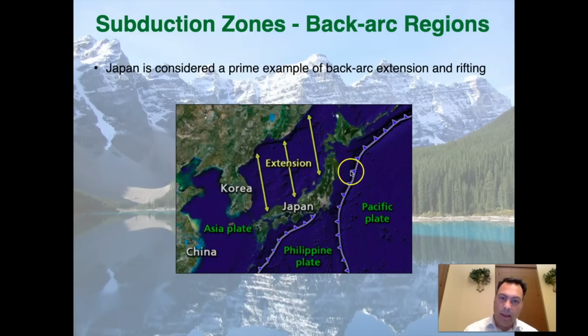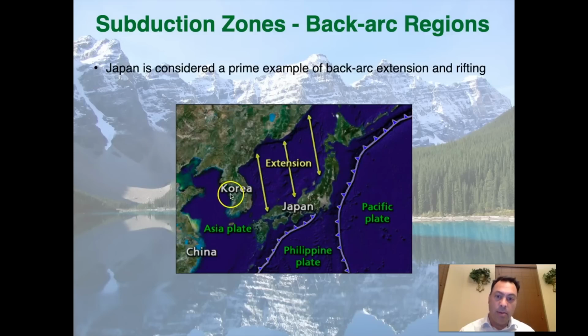And we have a series of subduction zones here, one on the Philippine plate, one on the Pacific plate, and we believe that these subduction zones have rolled back. These are very, very old plates, especially the Pacific plate. And as it has rolled back, that has initiated extension between Japan and China and rafted Japan off of the